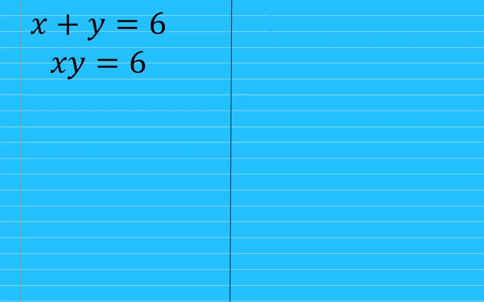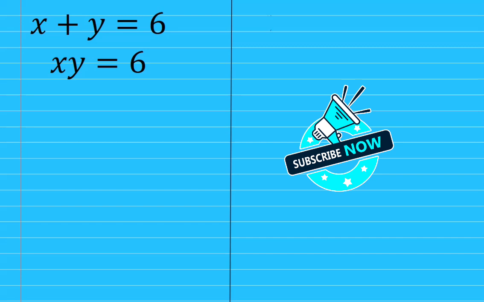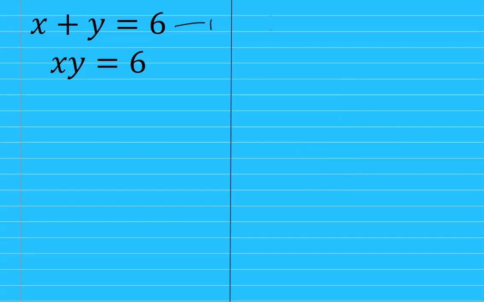Let's call the first one equation 1. So we are referring to this one as equation 1. And then let's call this one equation 2. All right, so what we're going to do here is that from equation 2, we want to make y